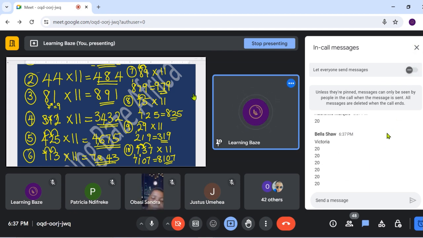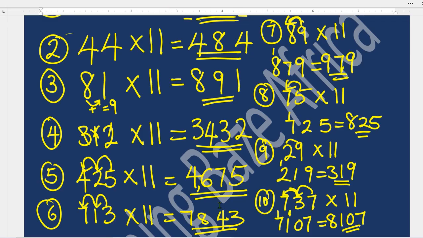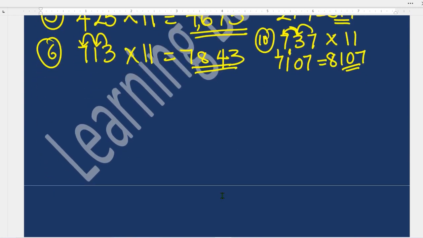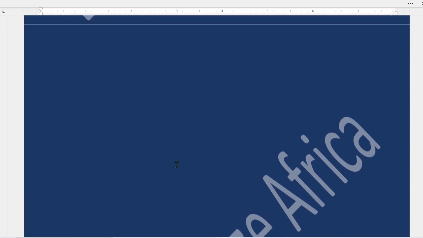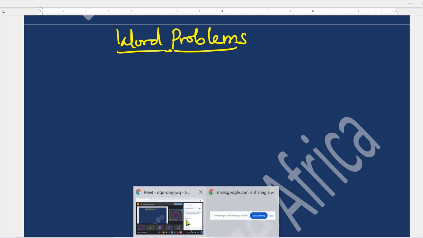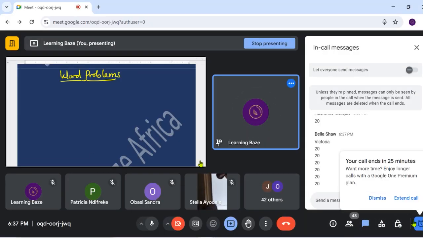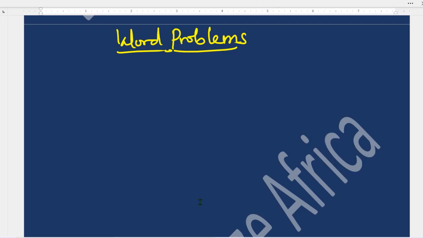Okay, so let's learn the next concept for 5 minutes. Now I have closed the comment section because I want you to pay attention to my screen. Everybody should stop typing and pay attention. Now we quickly want to learn something I discovered that many students don't get, and that has to do with word problems. I'm going to pick a concept of word problem and show you how to do it.